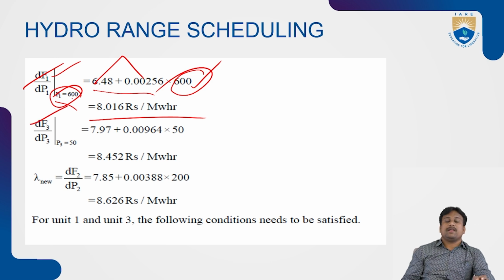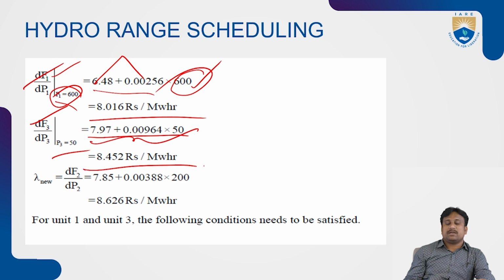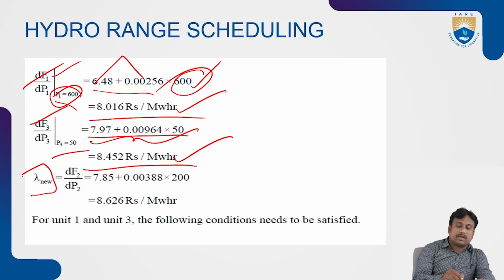Similarly, dF3 by dP3, that is P3 is 50, then it is going to be added like this: 7.97 plus 0.00964 into 50 case. So if you add this, then you are going to get 8.452 rupees per megawatt hour. So this is about dF1 by dP1, incremental fuel cost 1, and this is incremental fuel cost 2. And the lambda new becomes